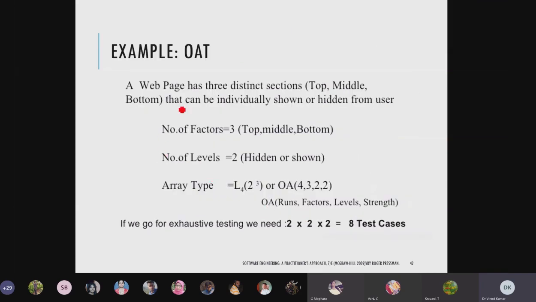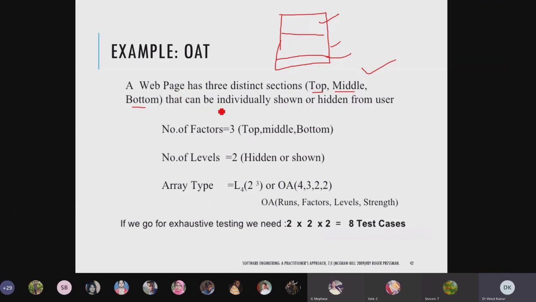This orthogonal array testing, how do we test it? We can take one example of a web page. In that web page we have the header, the body, and the footer. So 3 sections are there. A web page has 3 distinct sections: top, that is the header part, middle, and the bottom, that is the footer.